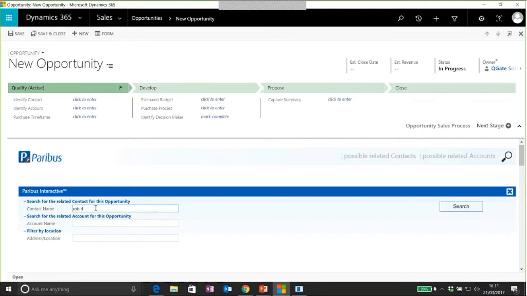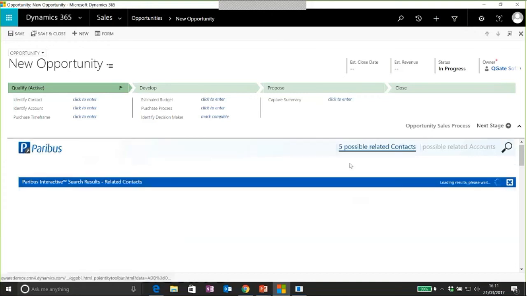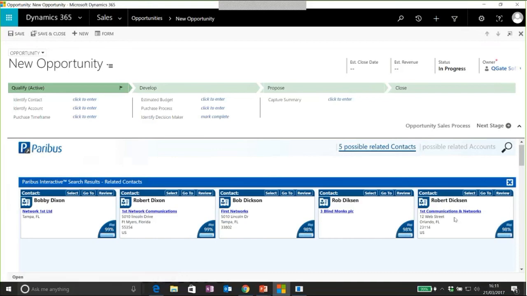So this is a case in point where we are entering a new opportunity and we want to go and find the contact to relate this to. So we've just surfaced the search capability with Paribus here in front of that opportunity, and this is going to start to become familiar to you in terms of we have done a look into the database,